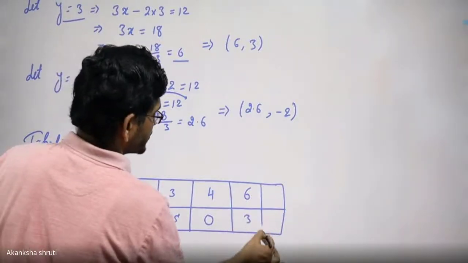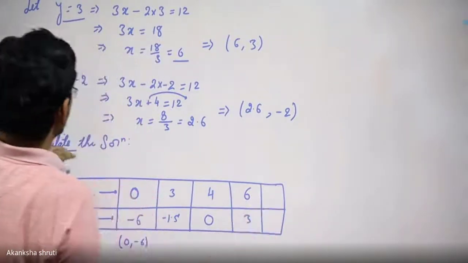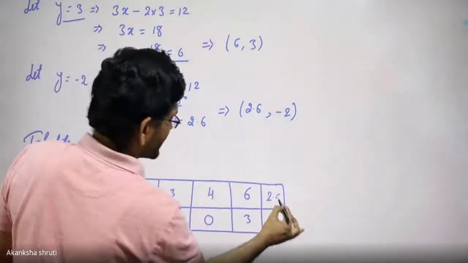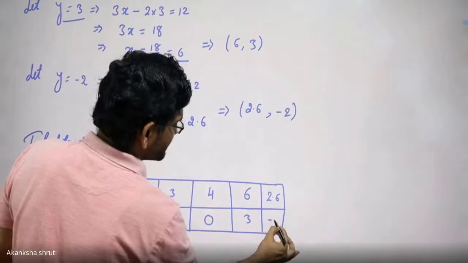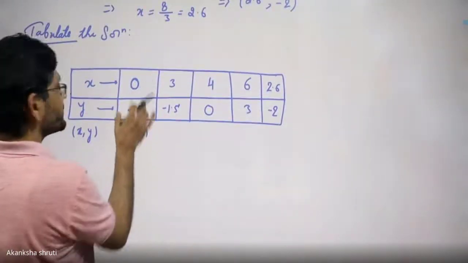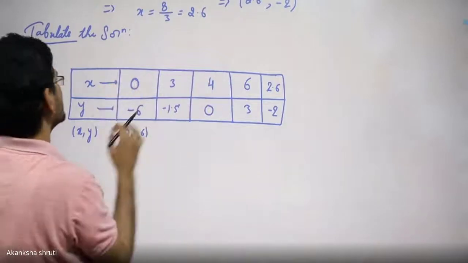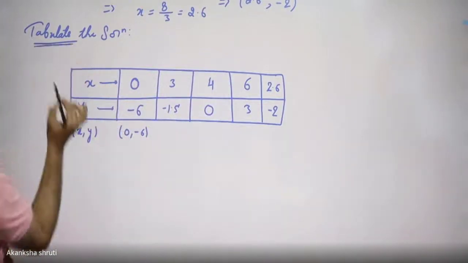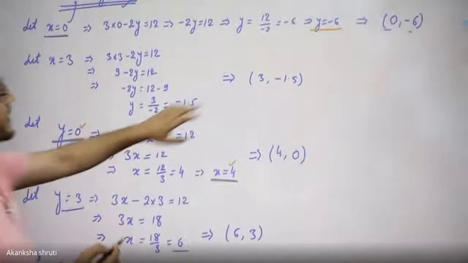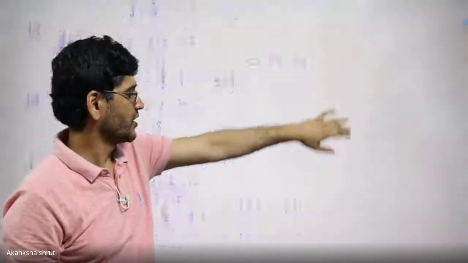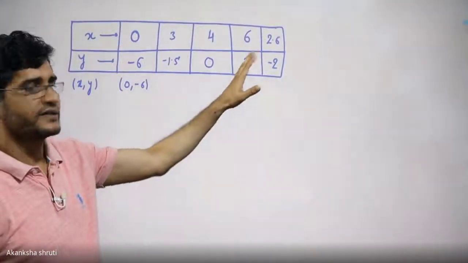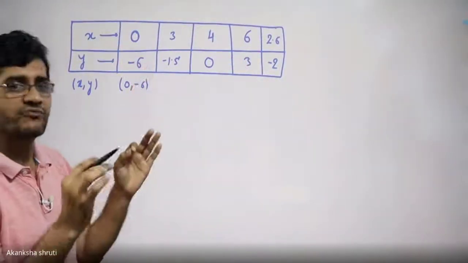Students, one more solution is there. So let us make one more box. X is our 2.6 when y was taken -2. Okay, students? So what are the pairs? The pairs that we have taken, the same are tabulated. So the ultimate purpose of this calculation was to get this pair of solutions, and the same are tabulated here. The purpose of tabulation is to avoid error.